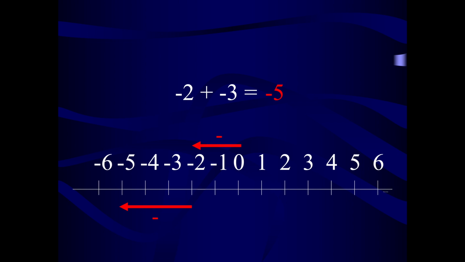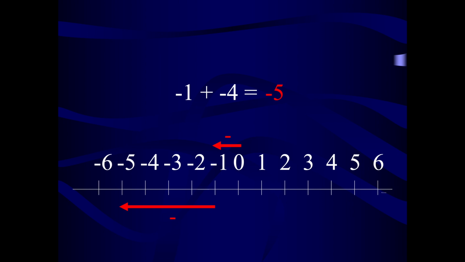Remember, we could have just added these together because they're both the same symbol and then just added our negative sign. The rules make it very simple. You just have to remember them. Negative 1 plus negative 4 equals. Negative 1, we have to go to the left of the 0 1 space, and then we have another negative number, so we have to go 4 more spaces, making it negative 5 as our answer. Negative 1 plus negative 4 equals negative 5.